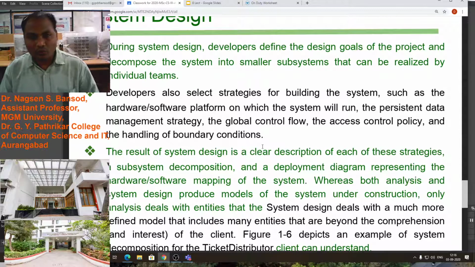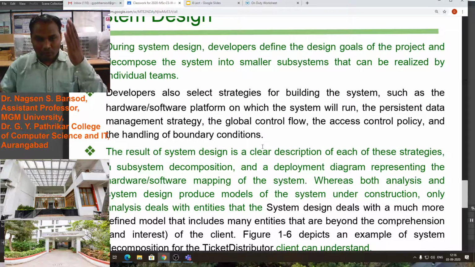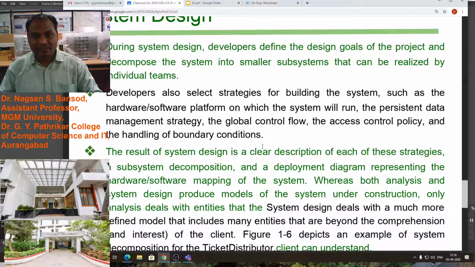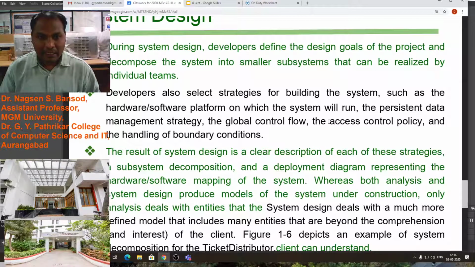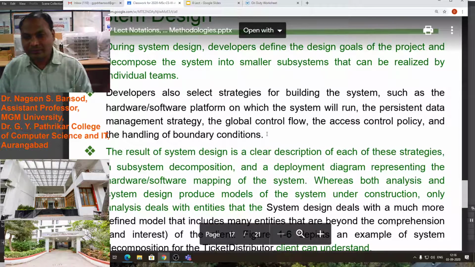The access control policy: who can access the secure data, who can access the tickets only, who can access the record of all tickets. Suppose in one day how many tickets are distributed by the machine, who will access this record. This is what we have to consider at the developer level.